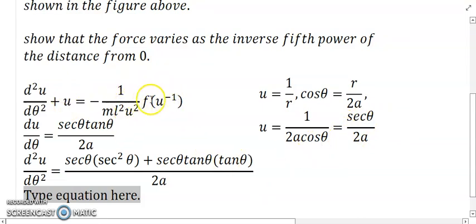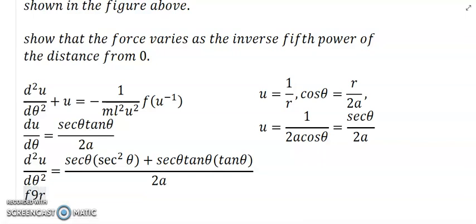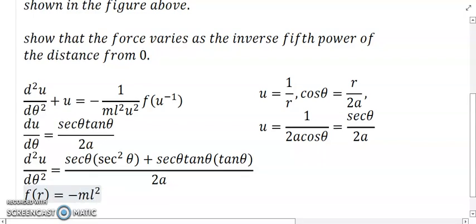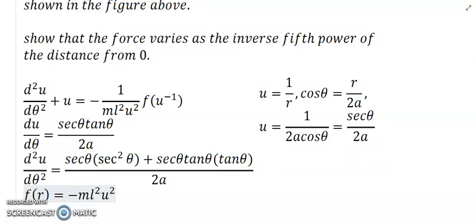Then F of 1 over U is nothing but F of r, so we can write F of r equal to negative m l squared u squared times